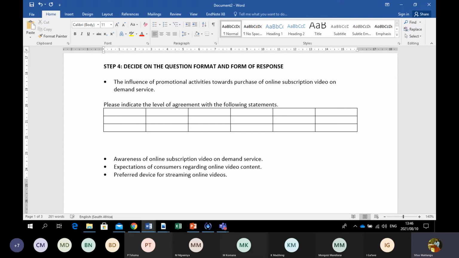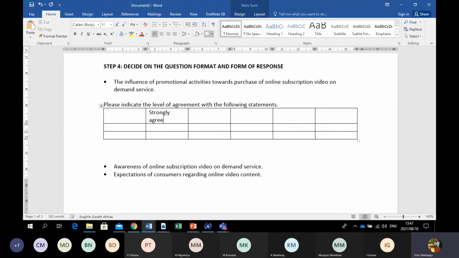Obviously, we can always do some language editing somewhere before it gets approved. You'll remember we're just doing it now roughly. Please indicate the level of agreement. So a person can, and now we have a scale here, strongly agree,